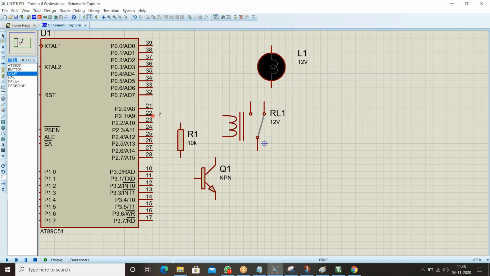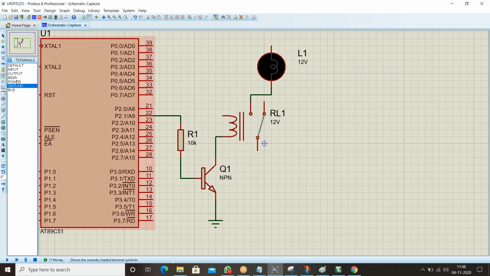So guys, it's your wish to take any port and any pin. Don't confuse in connections. For this, I want to take the terminal mode, go to ground, connect the ground for the NPN transistor.